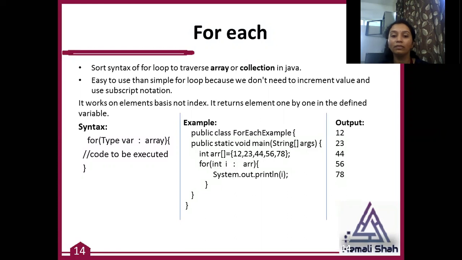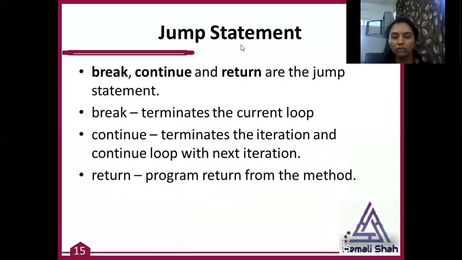Here you cannot iterate only before the length, only 2 elements, only 3 elements. This thing is not possible. It always iterates over all the elements. Only odd elements or only even elements, such a loop you cannot create using the for each syntax. So here the iteration is always from 0 up to the length, right? That means all elements.